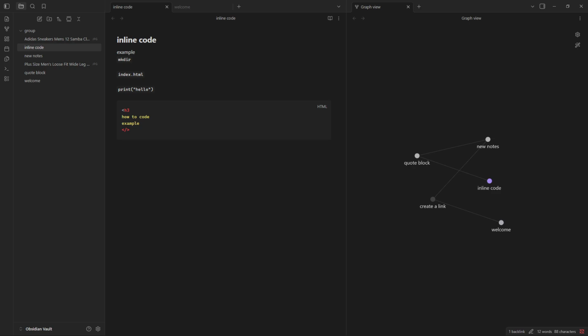Today I'll walk you through how to create nested folders in Obsidian. Nested folders are simply folders inside other folders, and they're one of the best ways to keep your vault organized